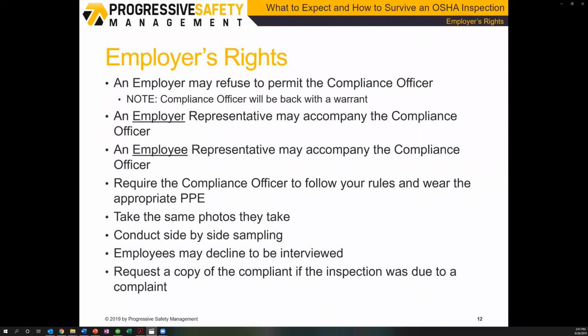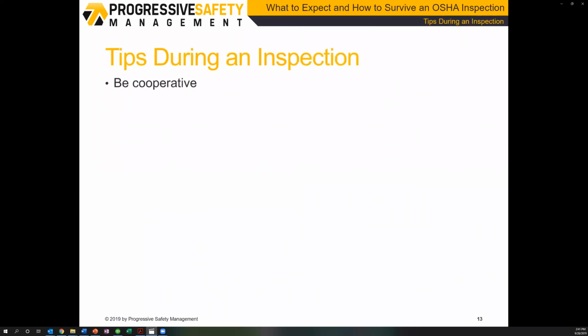They're allowed to do that, but you should be able to see the complaint, everything that they're looking at. Okay. So tips for during an inspection: be cooperative. This is a hard one. Okay, they're coming into your house. These are your hard work, sweat, tears. It's your safety program. You're proud of everything there, and if they're coming in for an employee complaint or something,